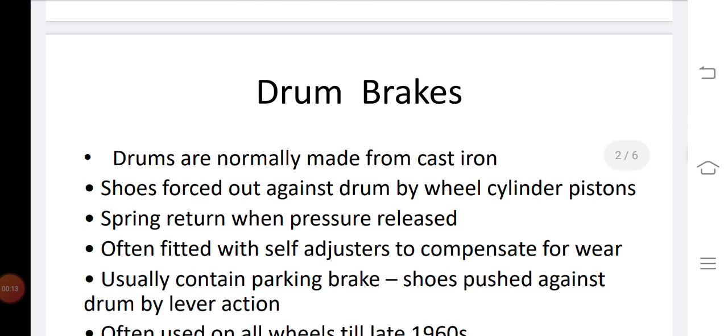So my today's topic is on the drum brake. In the previous lecture, I discussed the various types of brakes like drum brake, disc brake, power brakes, and parking brakes. So all these types of brakes are known to us, and we also discussed what a brake is and how the brake works. Now we are going to discuss the topic of drum brake. So what is a drum brake?